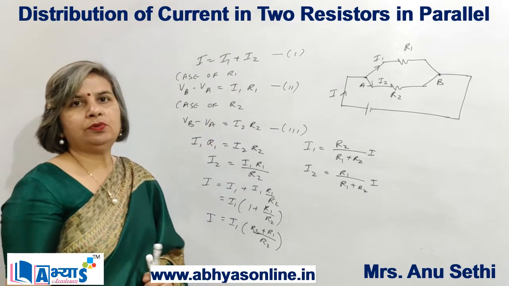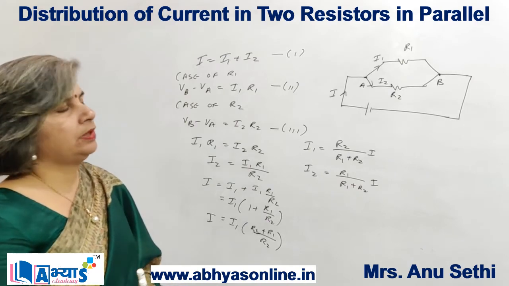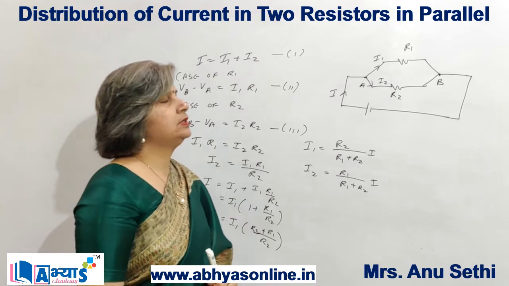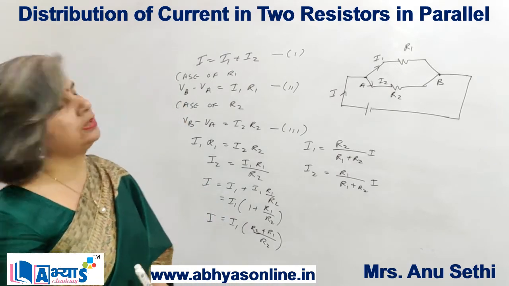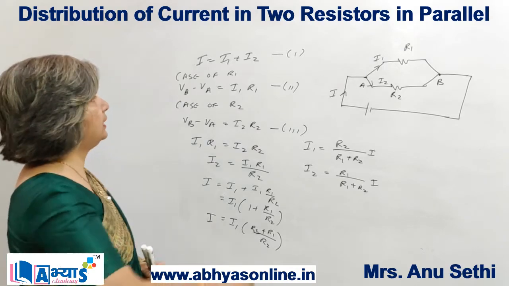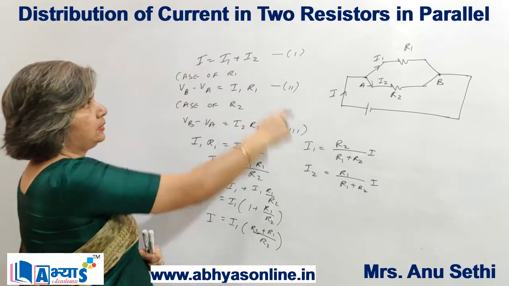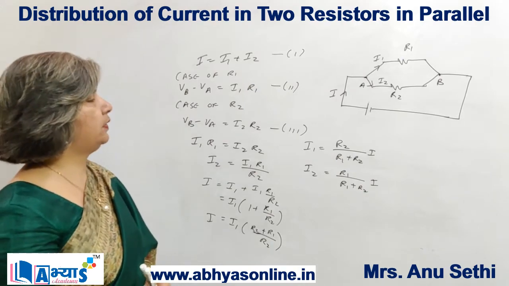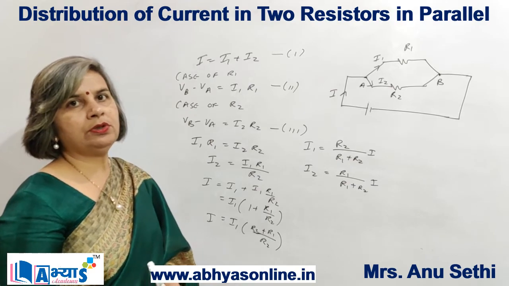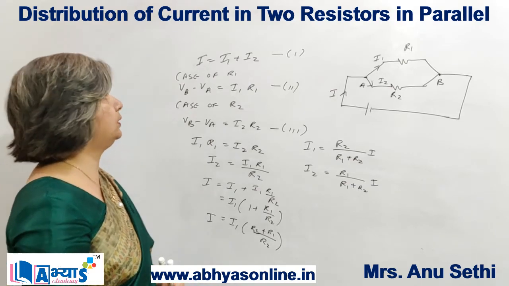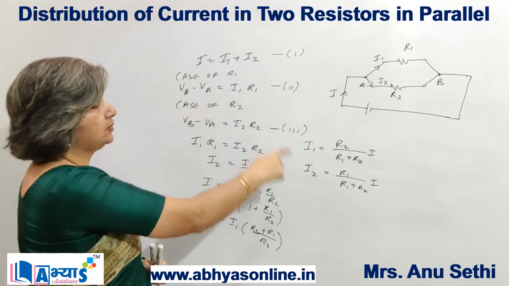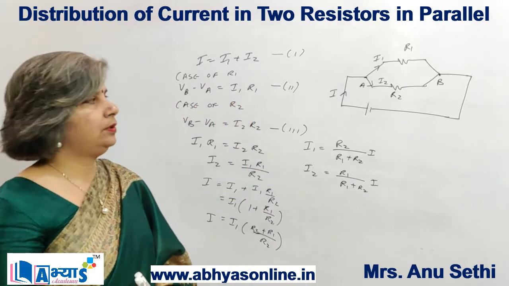To sum up, I would like to discuss the concept again. We are given two resistors in parallel, R1 and R2, and a current I is flowing through this circuit. At the point A, it is divided into two parts. Some part of the current will flow through R1 and the remaining will flow through R2, or I can say I is equal to I1 plus I2. In the case of resistance 1, the potential drop is equal to I into R, because according to Ohm's law, V is equal to I into R. So VB minus VA is equal to I1 R1. In case of R2, it will be equal to I2 R2.